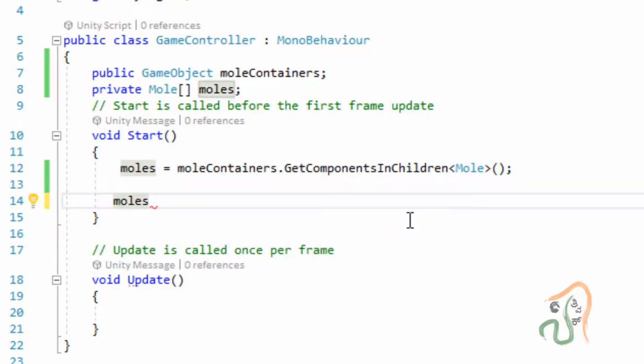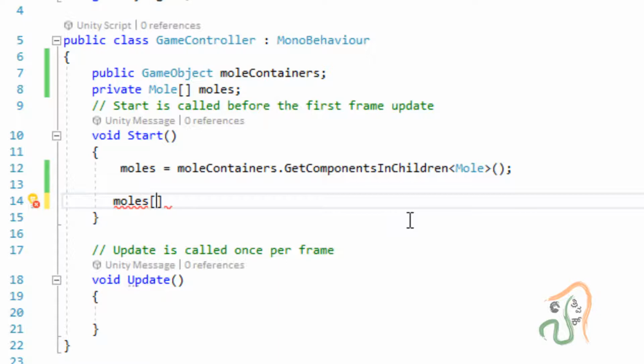So inside the square brackets, we are going to mention which item we are going to call, whether you want item number 0, item number 1, item number 2, item number 3. We know that mole container contains 9 moles. So any of these moles has to be randomly called.